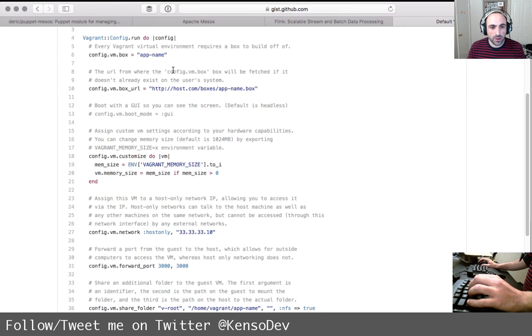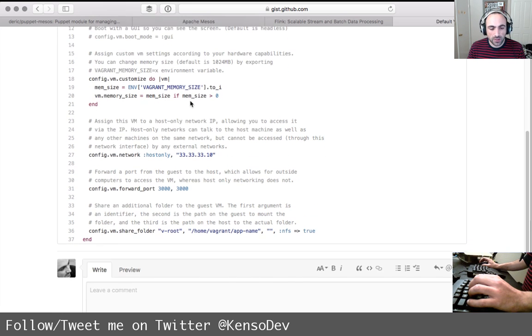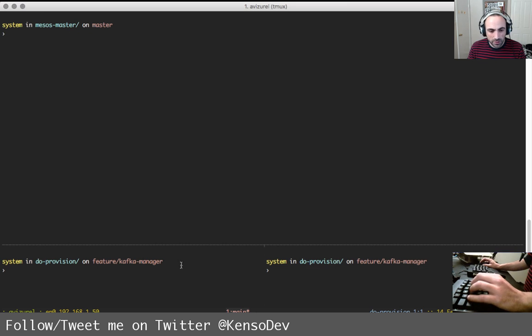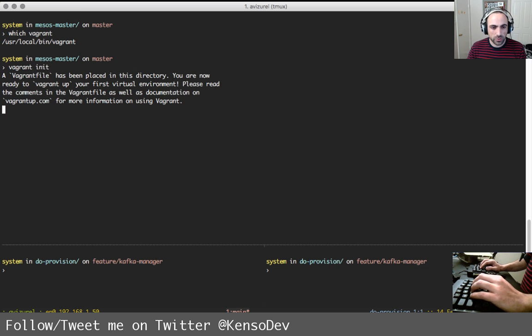Okay, so we have box, and the box is gonna have a name. We have a box URL. Maybe we can do a vagrant. Let's try vagrant init. I think vagrant init works.